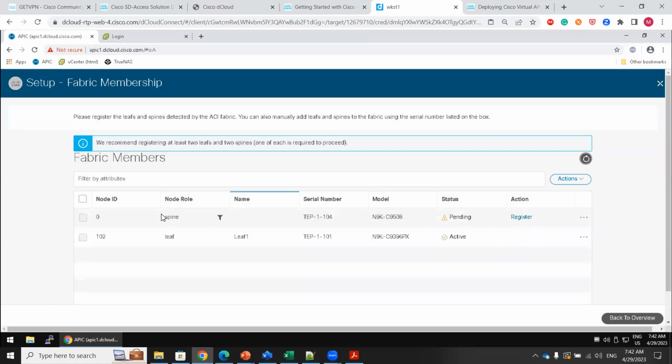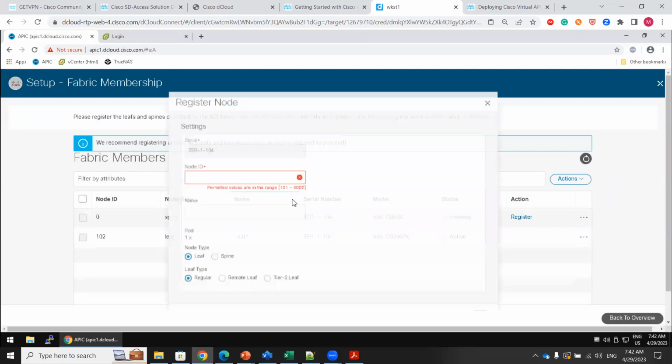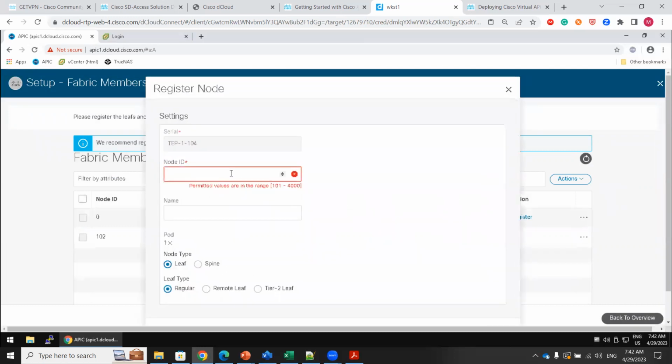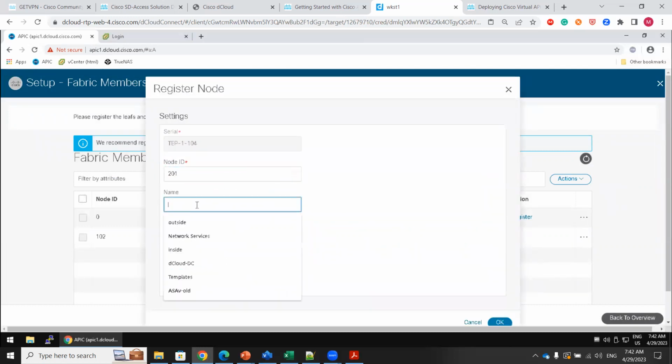Yeah, so we have the spine switch now. So if I say spine 201,